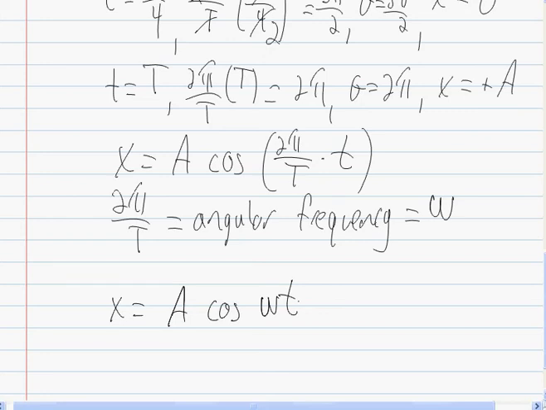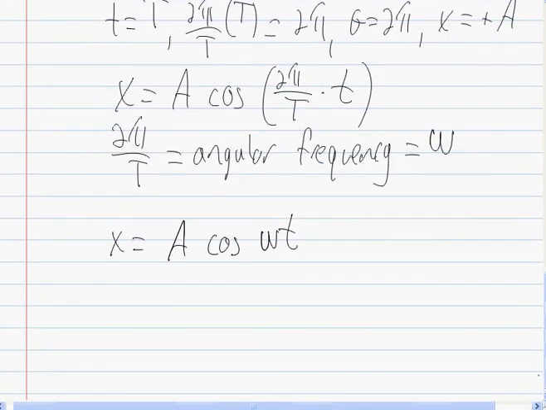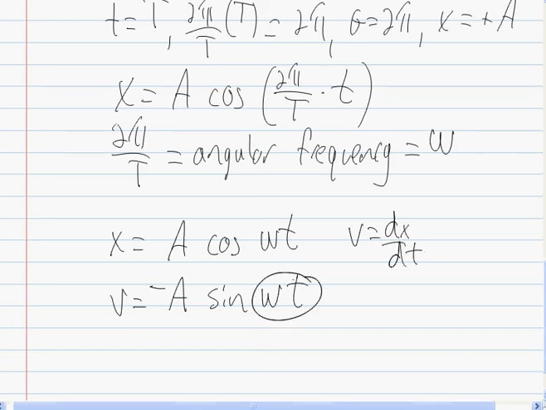Now the nice thing is that our function works for all those other things. We don't have to go back and rederive the stuff for the velocity. So the velocity is going to be A times the sine of omega t, negative sign, except we have to take it times the derivative of this. Remember that v equals dx over dt, which means we have to take the derivative of this as well. So we're going to take this whole thing times